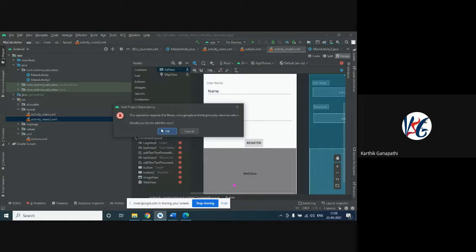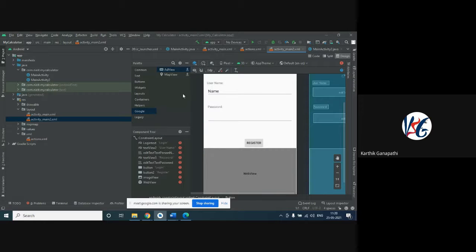I need to add the dependency libraries for this. Right now I have not added any libraries. If I add them now, it will allow me to put this ad. Whenever ads from Google are provided, they will be displayed at the bottom. I think you have observed this type of advertisement in many applications in the market now. These are some of the revenue generators for developers. We need to place it somewhere in the layout part, and we are going to write some code for this.